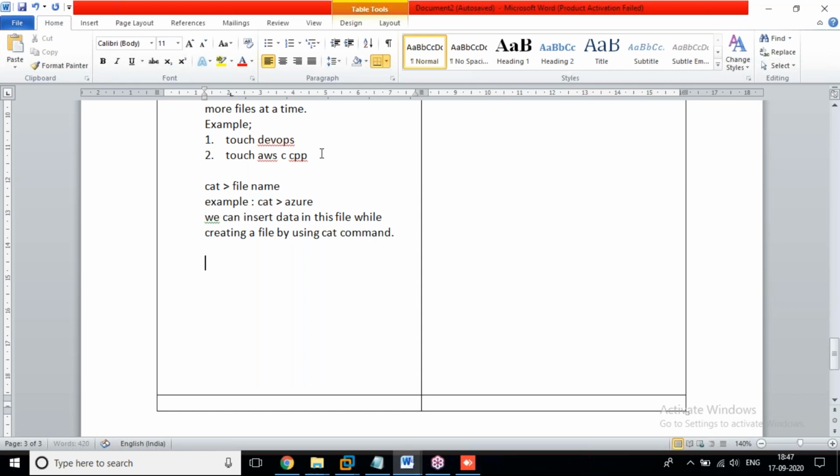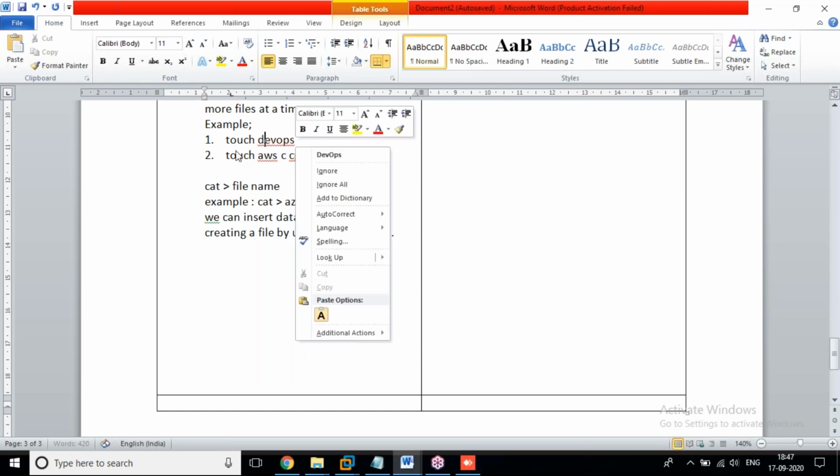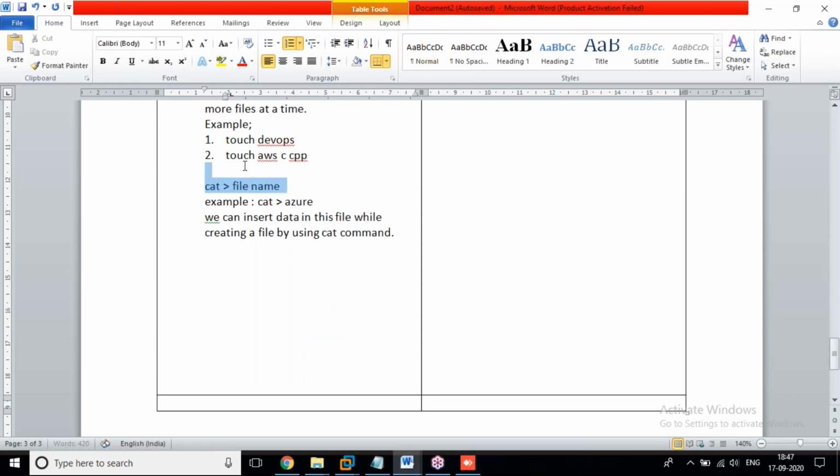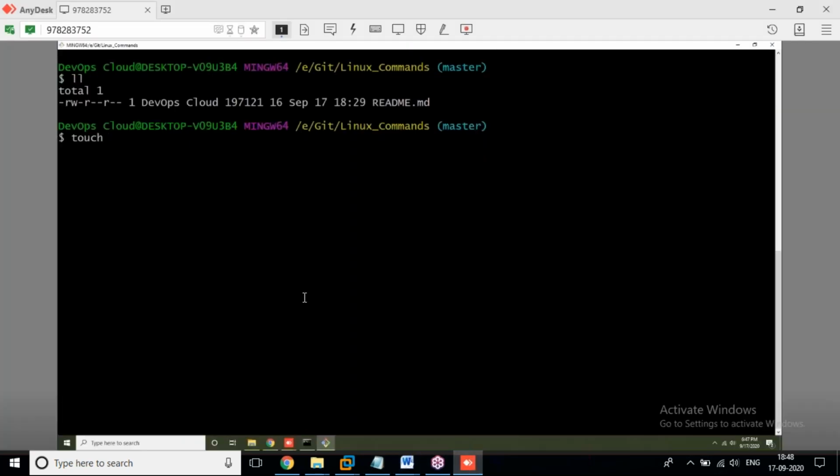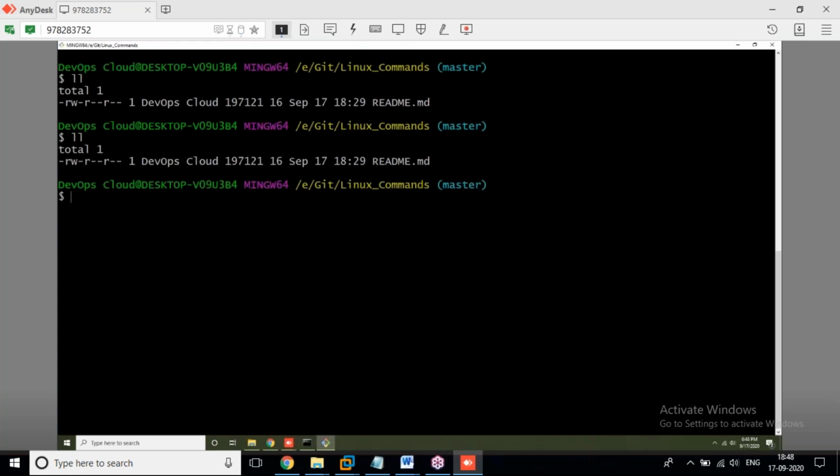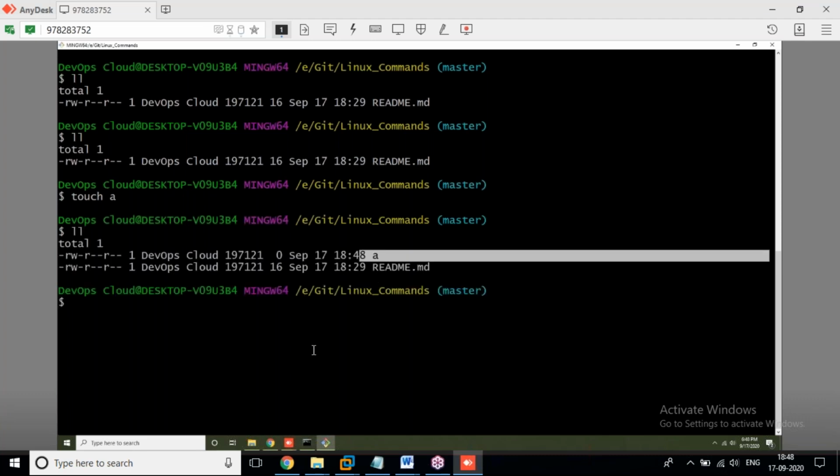See, now I'm taking these examples. Now I'll show these three examples. Now I'm going to use touch, and this time we are having only one file. See, now touch A. Yes, now ll, it created one.